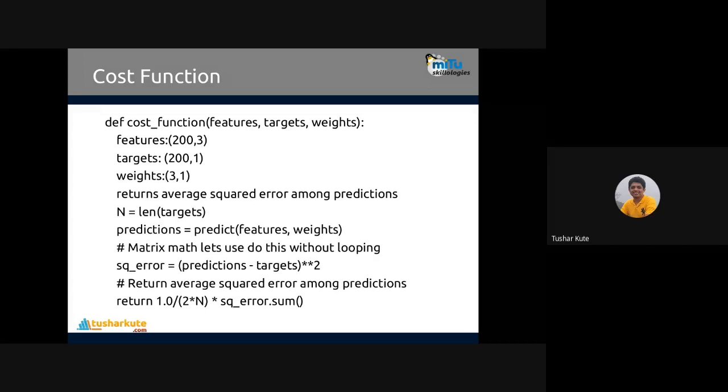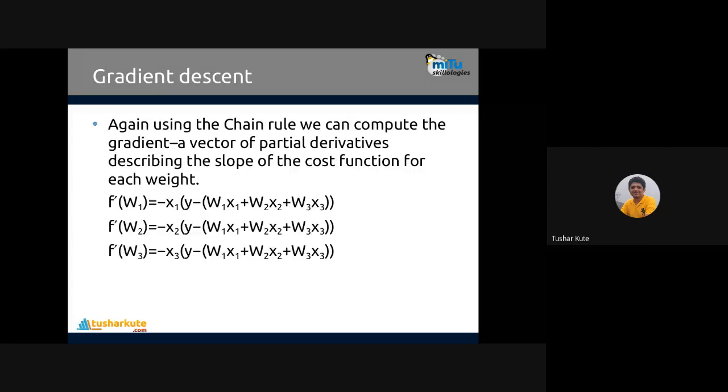Fine. And okay, what about the gradient descent that we can apply to multiple regression? Again, using the chain rule, we compute the gradient vector, the partial derivatives describing the slope of the cost function for each weight. Remember, for each weight. We have seen gradient descent individually for simple regression, but for multiple regression, gradient descent is calculated separately for each weight.